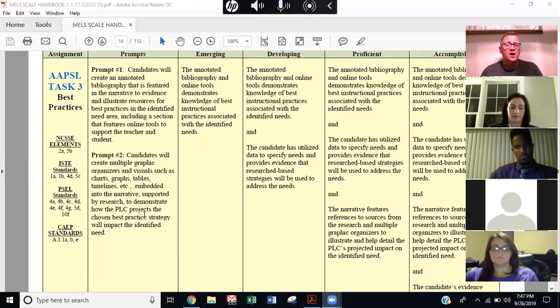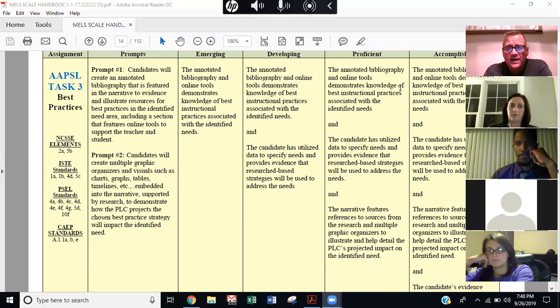You know, what were some of the comments? What did people have to say about the different strategies that you guys explored? And determining which one would be best to address your identified need. And looking at these, don't lose sight of what you identified in task 2 as a learning gap. Grandpa used to say, don't go chasing rabbits. Stay focused on the trail that you're on and what you're looking for. Don't get distracted to where you lose sight of the learning gap that you and your team chose to address.